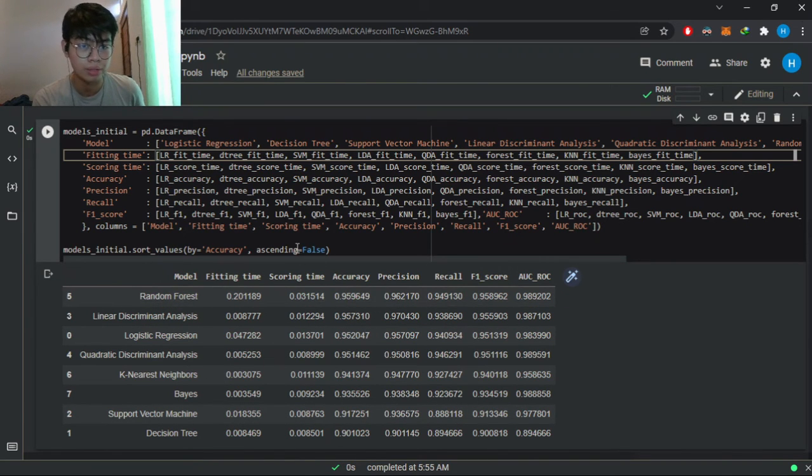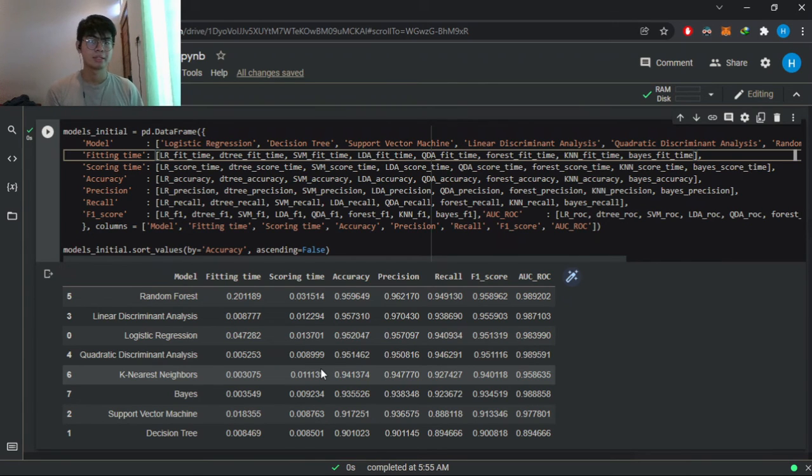But for other scores, such as let's say the precision rate, it actually goes up and down. So it goes up and it goes down, you know. So it's actually not sorted, and because of this, it's very hard for us to compare,